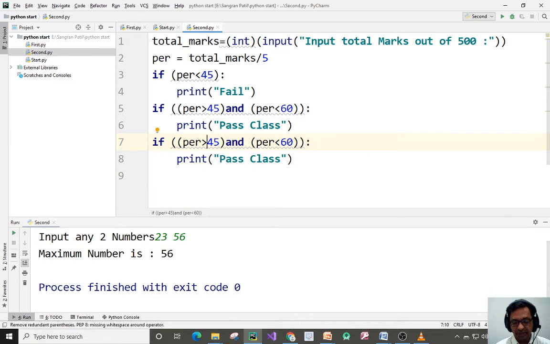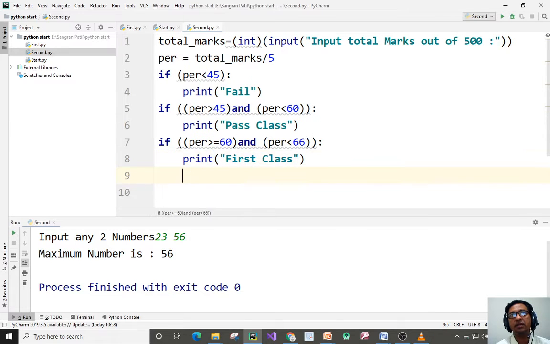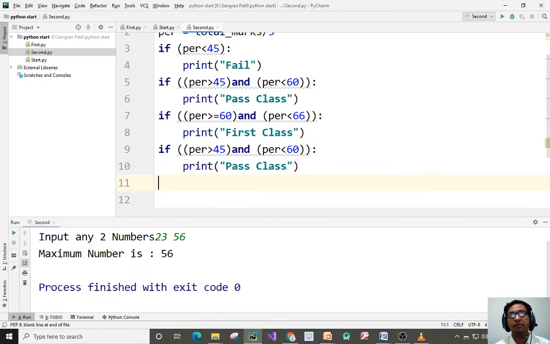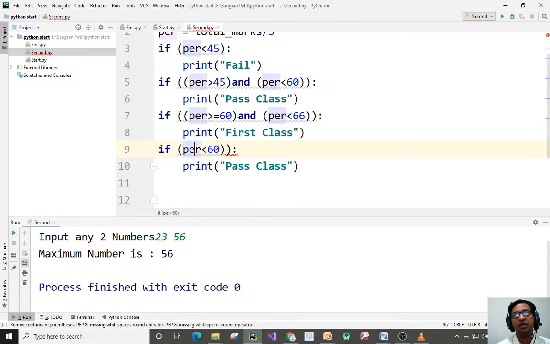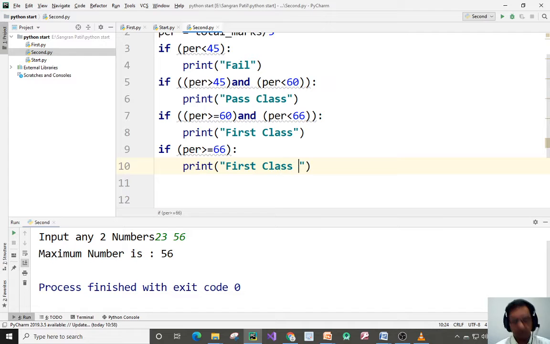If percentage is greater than equal to 60 and if percentage is less than 66, it is a first class, and if percentage is greater than equal to 66, I will give first class with distinction.